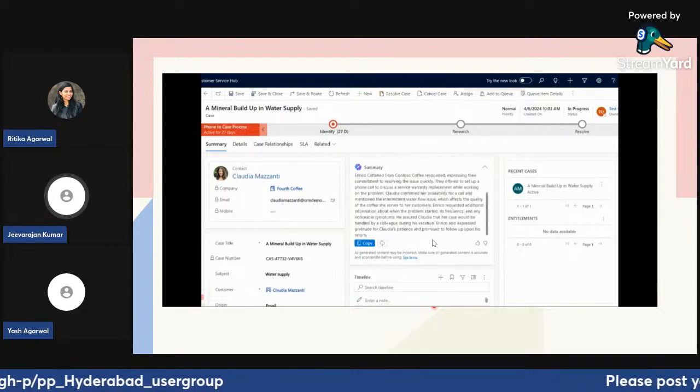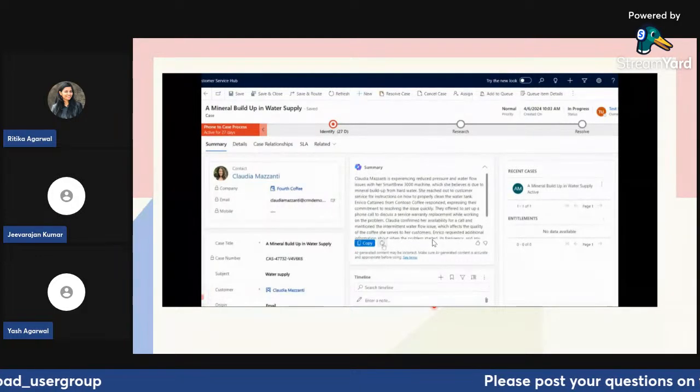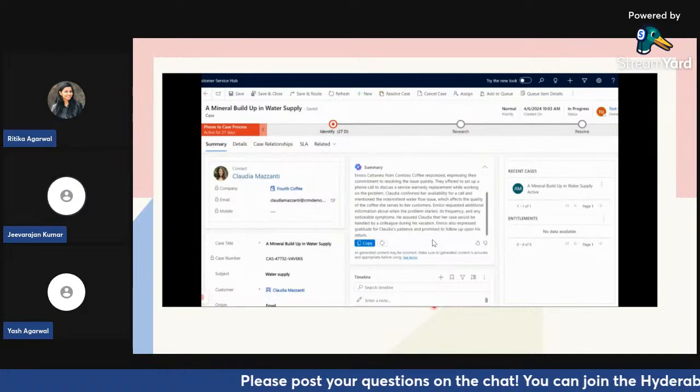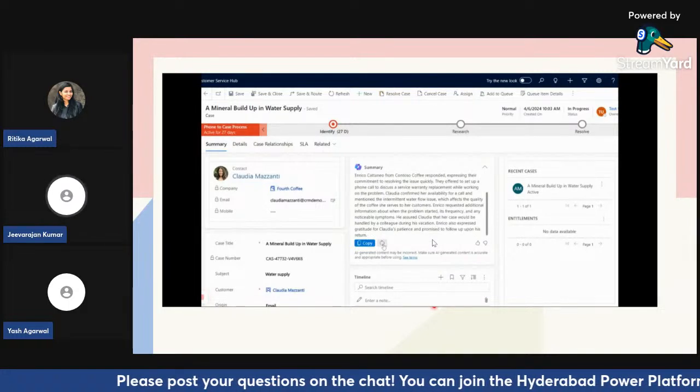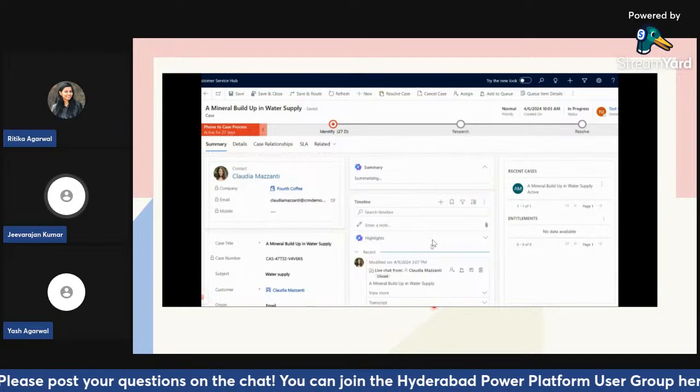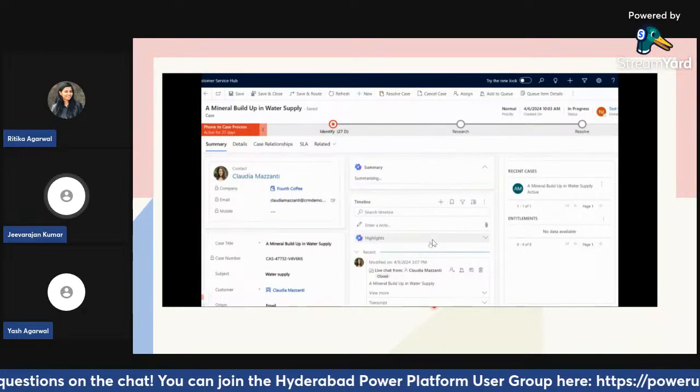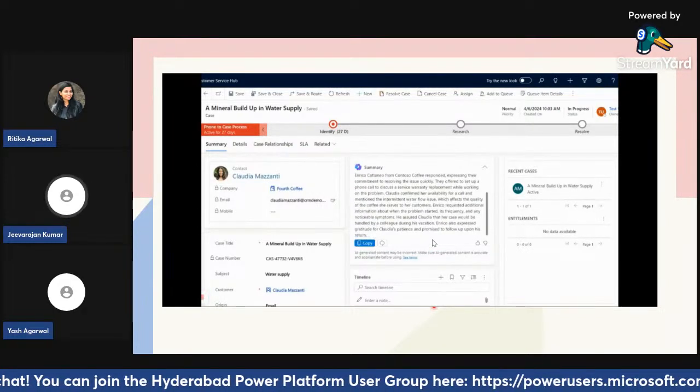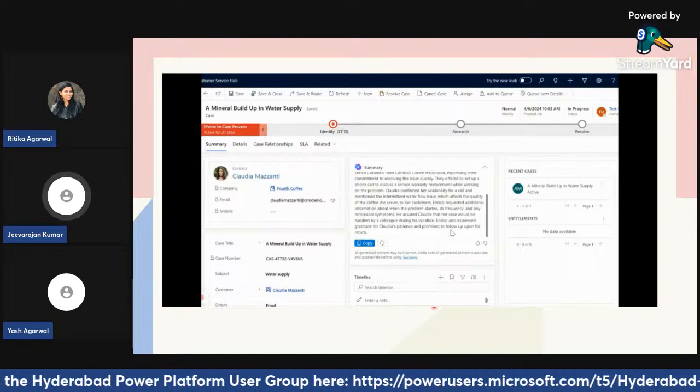And the top one is just summarizing the overall case itself. It brings the case information, the current status of the case, and the associated work that's been done on the case, and those are all captured and displayed.